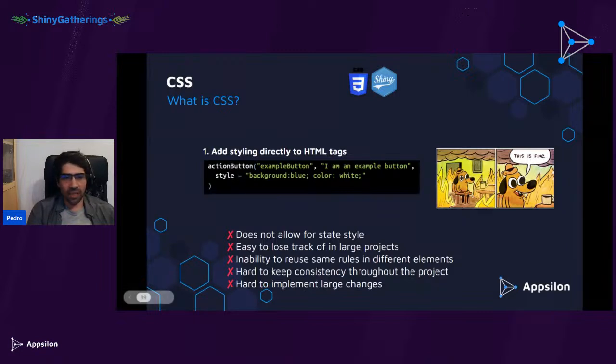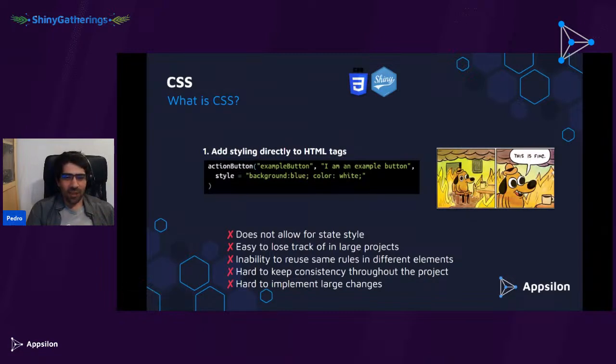Depending on how big your project is, this is also a sure way of just losing track of where the color of the button is, because now you need to track the button, but there's 10 different buttons in 50 different files, and it's just a mess. It also means that you will need to define these for each instance of that element. So if you have 5 different buttons and they all need the blue background, you'll need to manually add it to each button, which also means that if your boss tomorrow decides that the button needs to be red, you are going to need to find every single instance of that button and change it.